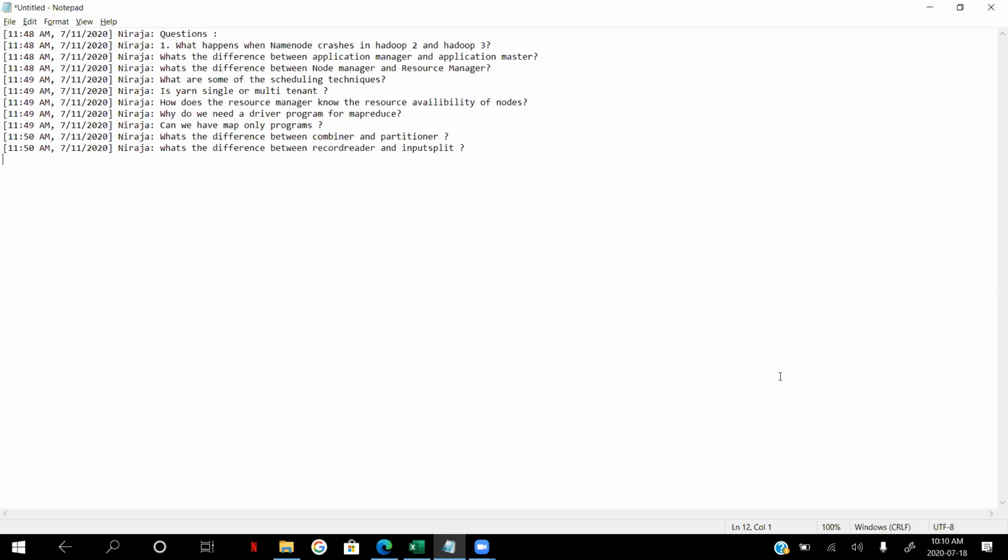If you have an HA configuration, HA meaning high availability, then the standby name node becomes your name node. Okay, so if you don't have an HA capability, then you can set up a secondary name node. In the case of a secondary name node, what it does is it takes the file system image and merges all the edit logs. So it reduces the functioning of the name node so that it can do that work for you.